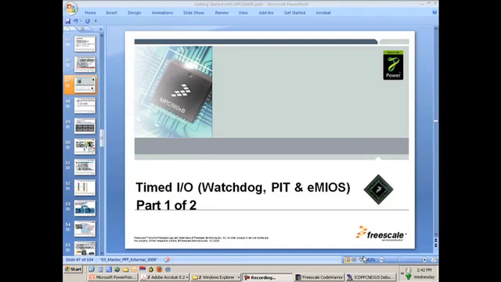All right, this next section is one you're really going to need. We talked about the motors and so forth. We're going to talk now about primarily EMIOS. Just a quick one slide on Watchdog and PIT. They're pretty simple. But the EMIOS stands for the Enhanced Modular I/O System, but it's basically your timed